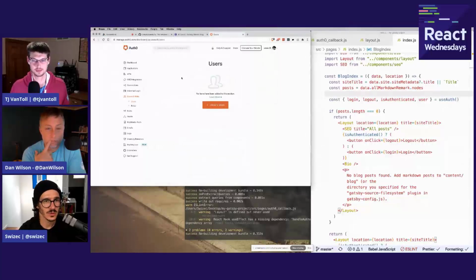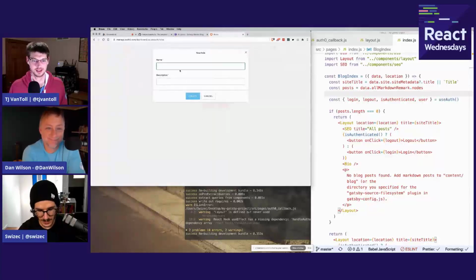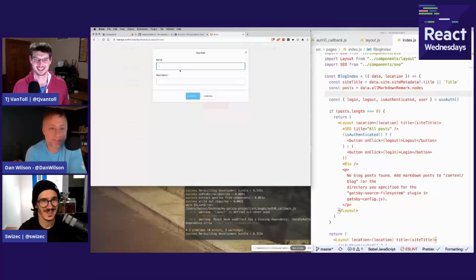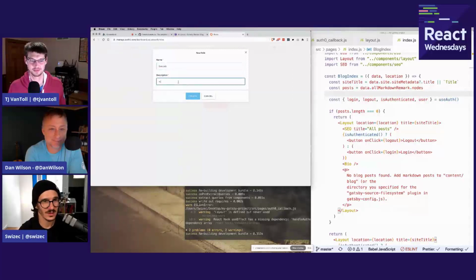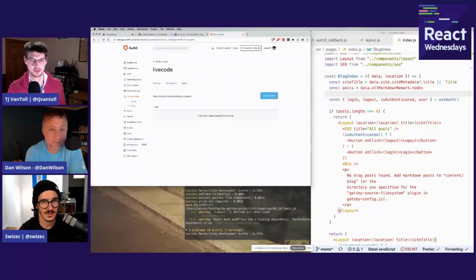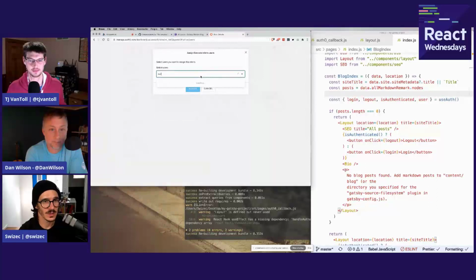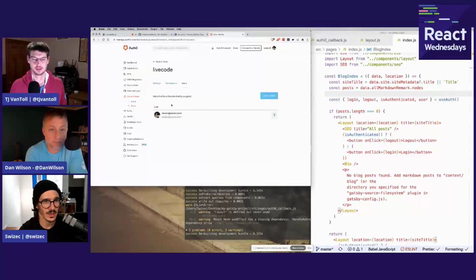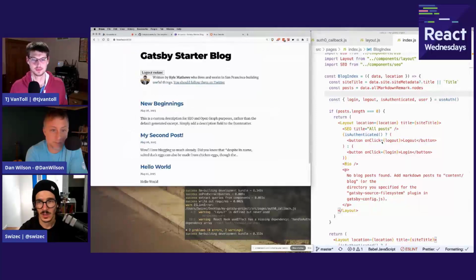Let's go to use auth, and I'm going to find myself, create a role. Let's give this a live code role, which is allowed to live code. Then I'm going to grant that role to myself. So I'm going to find myself, Swizec.com, sign. So I now have access to the live code role,